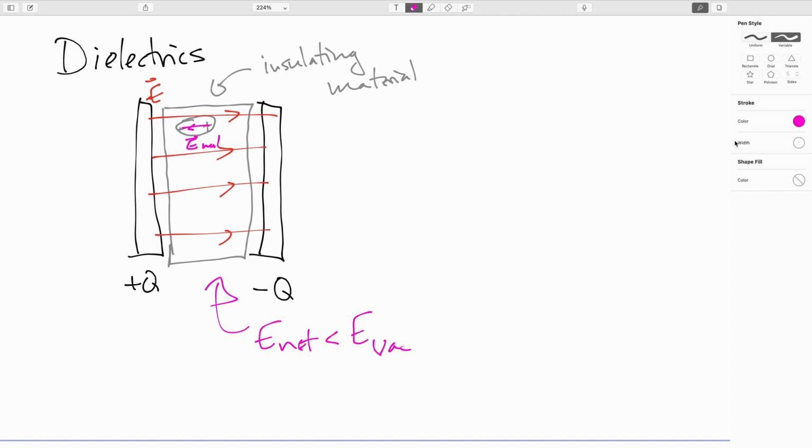Now, if you're hooking a battery up to this, the battery will just keep moving charge until the voltage is equal to the battery EMF. So eventually you'll get up to the same electric field strength you would have had without the insulating material, but you would have had to move a heck of a lot more charge to do that. So we characterize how much this electric field got weakened by the polarized material. We can say that our reduced field, we'll call it E prime,